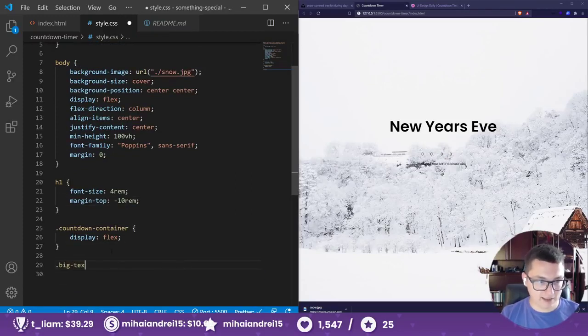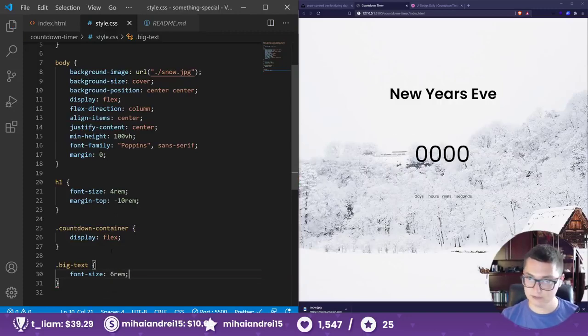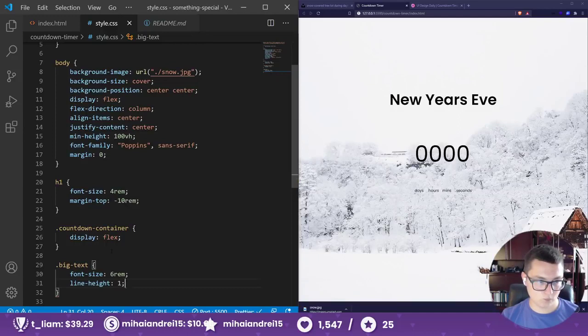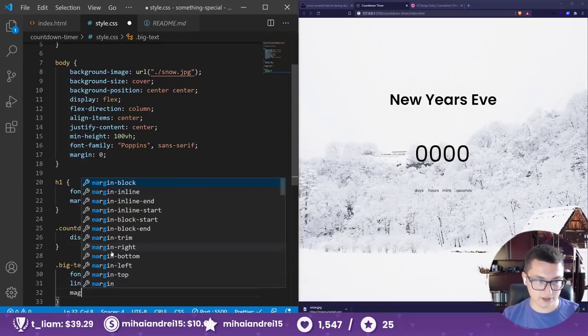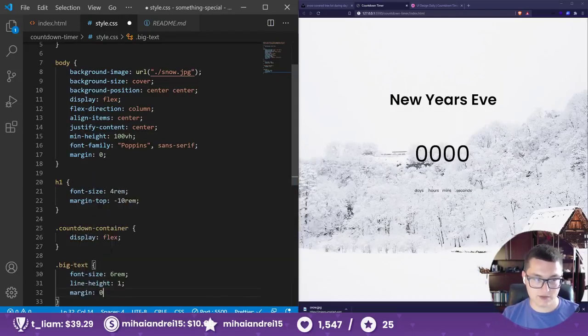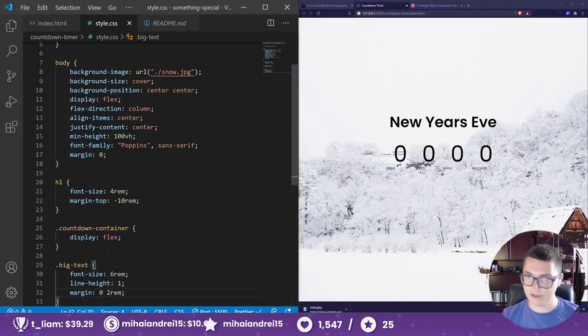Okay, big text should be font size even bigger than the H1, something like 6 rem. All right, and line height 1, and margin 0 on the top, and let's see, 2 rem left and right. Okay,